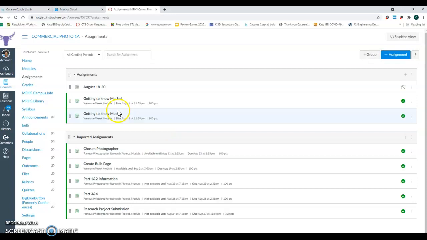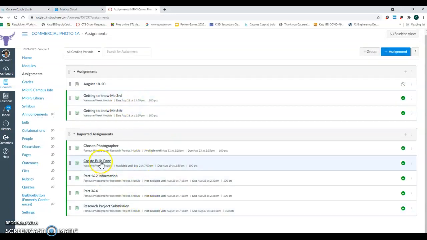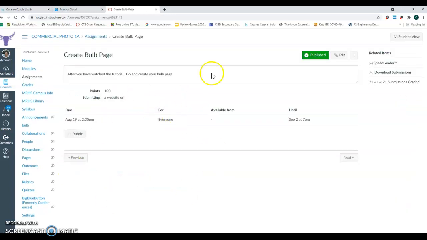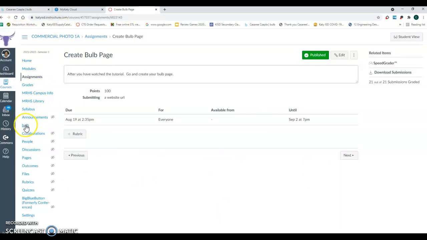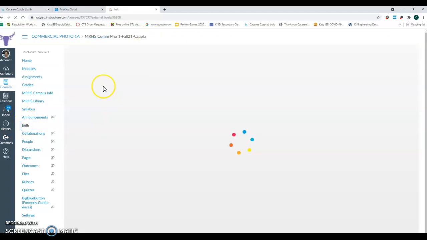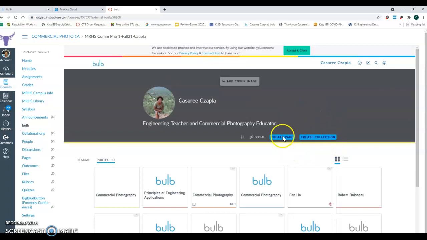And if you haven't already turned it in, I should have had this done, but it says create a bulb page right here. And it says, after you watch the tutorial, create a bulb page. So there's the link, and you go over here, and here's your bulb page. Well, you can actually just click this, and it will automatically take you to your bulb page, and you're logged in. And the first thing you're going to do is create,